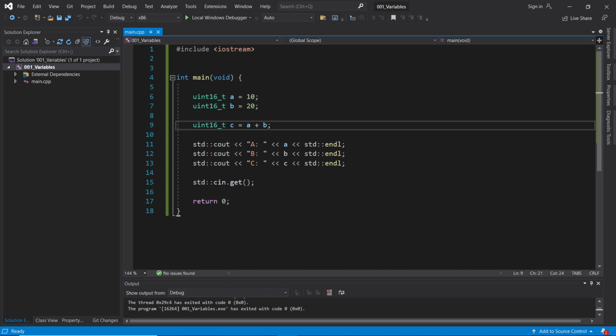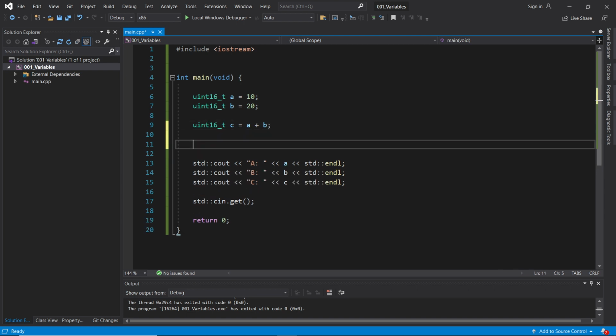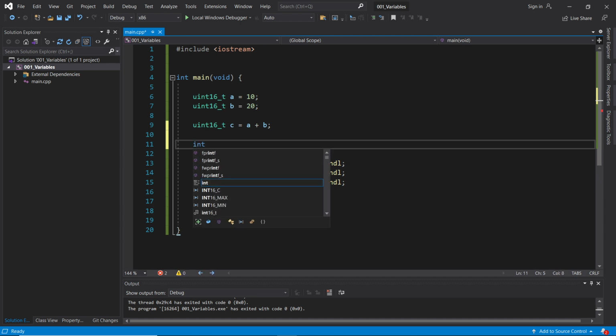Now, there's also other different types that we're going to come across, so not just our uints and our ints. You may come across other things in different software, such as just int, which, depending on the particular system and compiler, is generally going to be a 32-bit signed integer. So as in, it can have both positive and negative numbers. And on this particular computer,